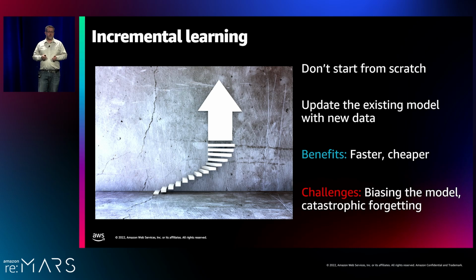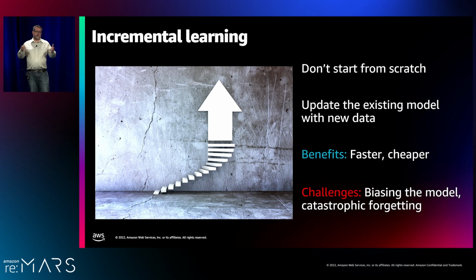But an alternative is incremental learning. In incremental learning, you don't start from scratch. You take your existing model and you simply apply the new data that's come in since the last time you trained. So every hour, every day, every week, you would just take all the new data that came in and apply it to the existing model. This is a lot faster way to train, and so it allows us to more quickly keep up with shifting usage patterns and trending topics. It's also cheaper because we don't have to process nearly as much data.